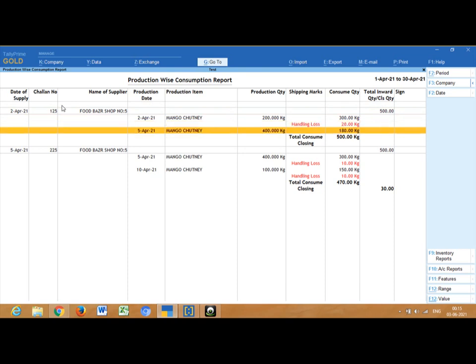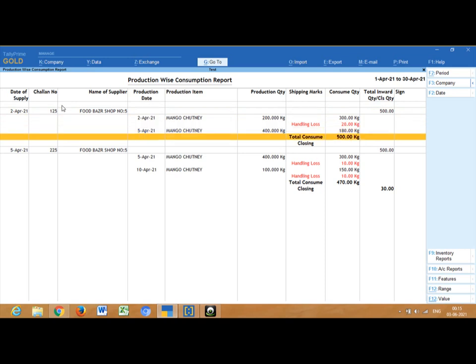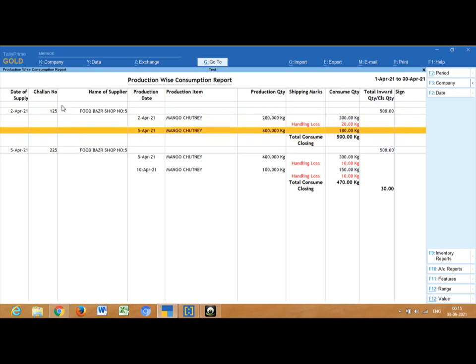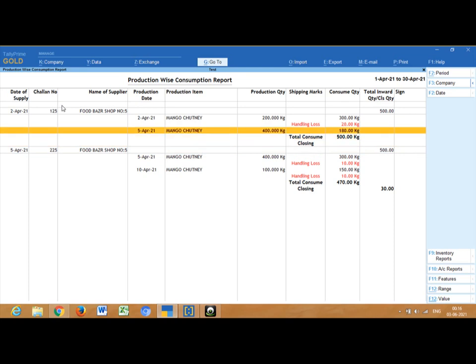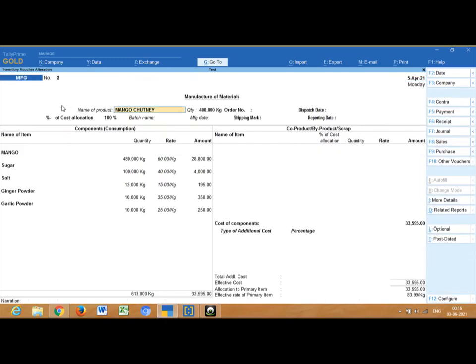The remaining was 180 kg, but for this 400 kg mango chutney to be produced, I need a total of 180 kg and 300 kg. Let me edit this